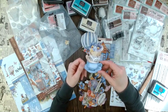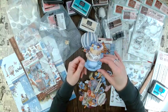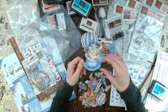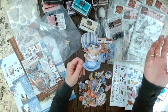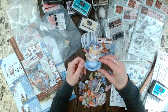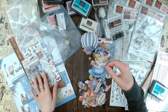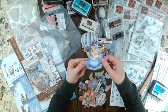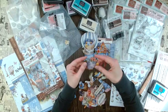Because in the Stamperia world, we have lots of different ephemera. And some is clear ephemera, and then it's very shiny. And sometimes this looks really nice as well. However, here it's more on the matte side. So these ephemera pieces here, they're also matte, but just so that you see what all of these options are. Here we have another cup,